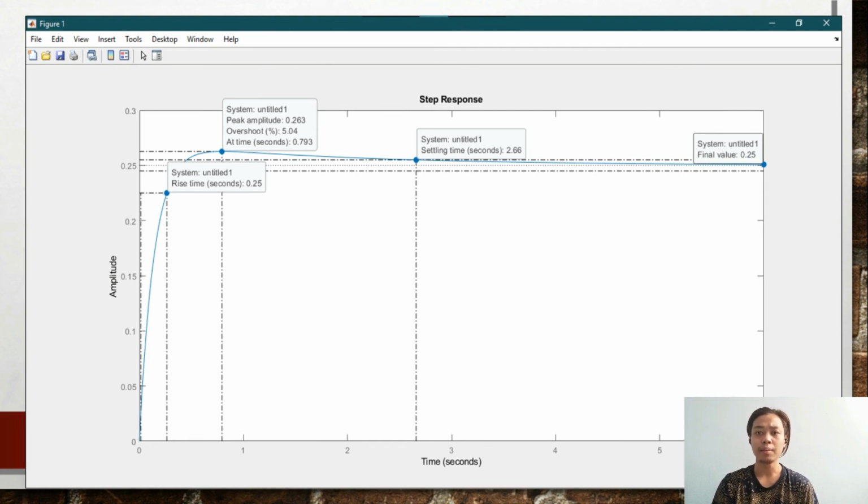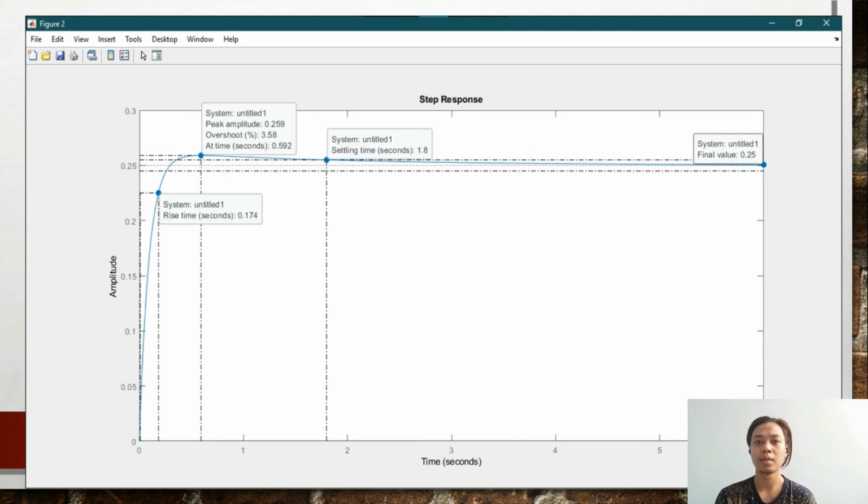So, the system is stable, but the overshoot is much too high and the settling time needs to go down a bit. Based on the PID table, we can increase Kd to decrease the overshoot and the settling time slightly. Now, the figure shows in the slide,